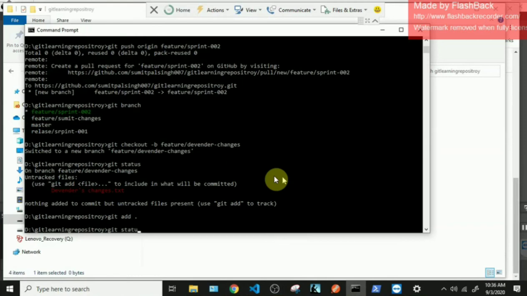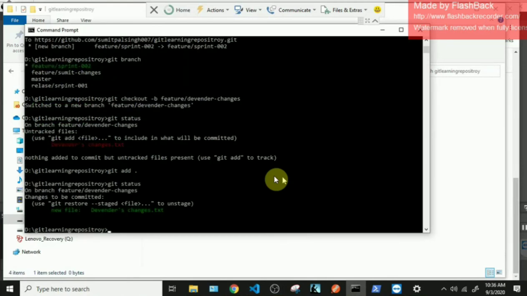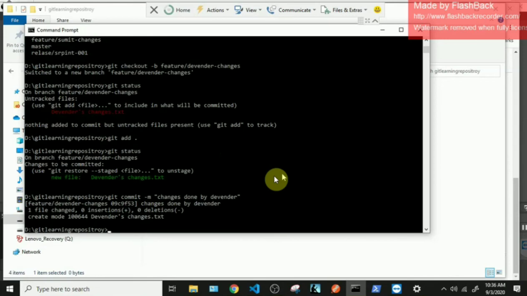So we'll commit this file, git commit -m is for message, and we will write a message, changes done by Devinder. Okay. Now Devinder has committed his files into his local branch. Now we need to push this local branch to server. So what we'll do is we'll push this branch, git push